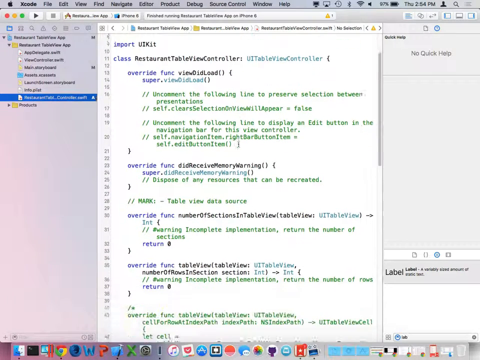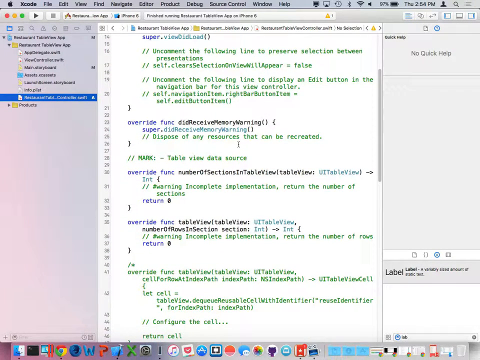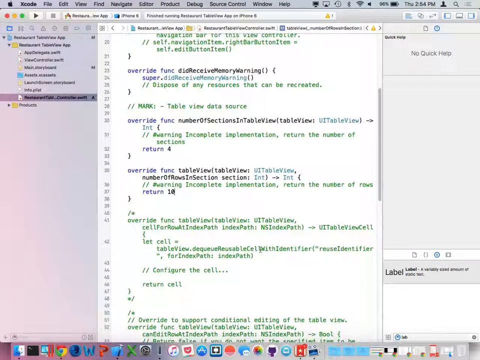So to start off with, I want to show you how to set there to be a number of sections and rows in the table. These two functions are super important. So if we want to statically say there are 4 sections in this table and each section has 10 rows, we could do that right there by just changing those numbers from 0 and 0 to 4 and 10. Now inside each of those, there's not going to be anything because we haven't told it how to add content